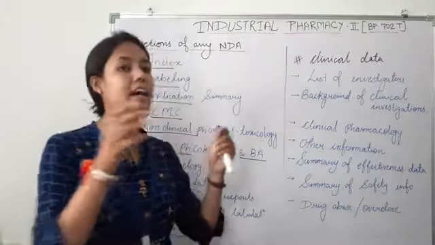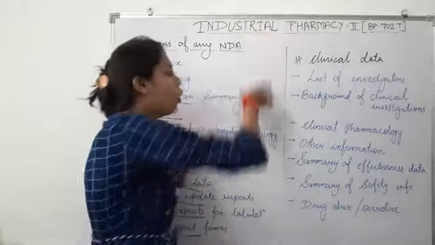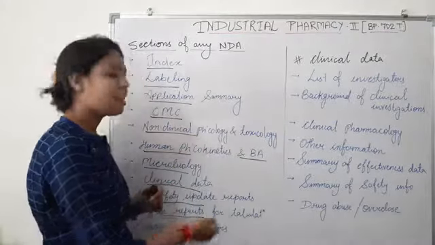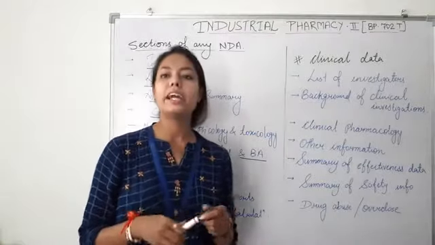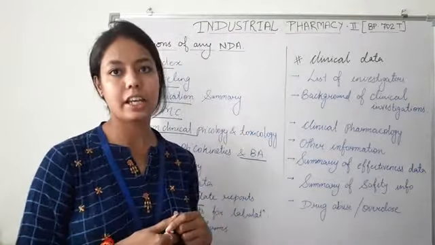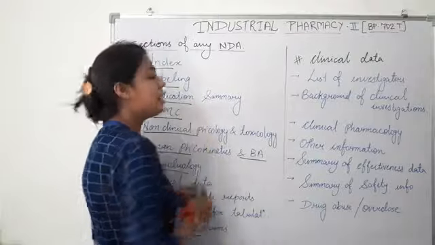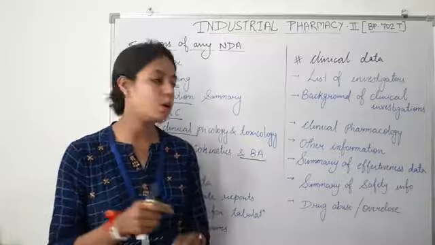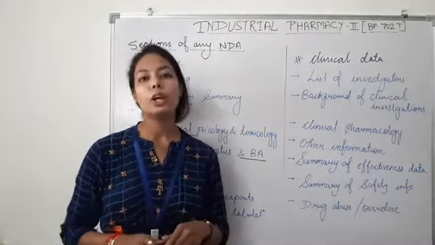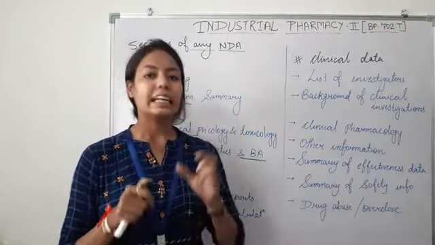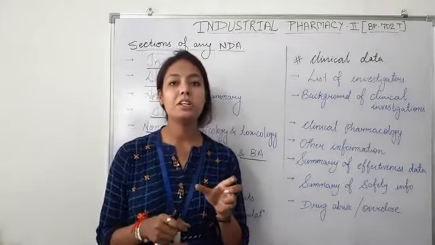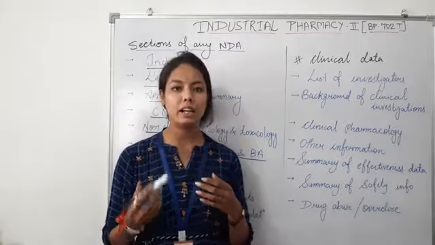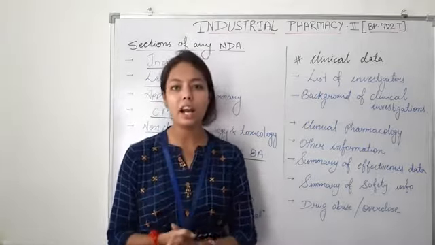The application summary is the abbreviated version of the whole NDA, that means from section 4 to section 10, including the benefit versus risk ratio. After the application summary, let's talk about chemistry, manufacturing and control, that is also called CMC. So what is chemistry, manufacturing and control? The chemistry includes the information on composition, manufacturing and specification of the drug substance, or it might be the drug product.